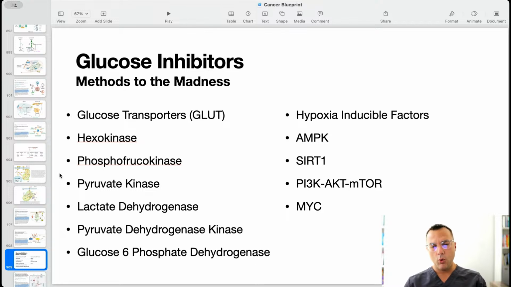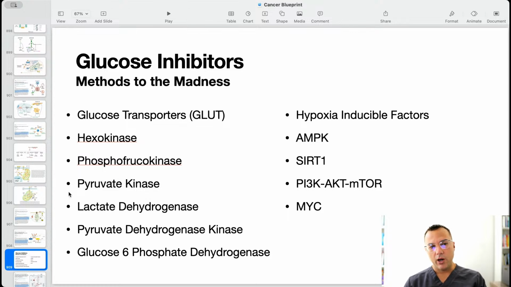So what I'll probably likely have is an entire video on the blockade or downregulation of these glucose transporters, look at its physiologic importance within cancer, and then look at what blocks them or downregulates them. In particular, I'll probably talk about both drugs and natural products that could potentially do this. And then I'll move on to the next video to hexokinase,